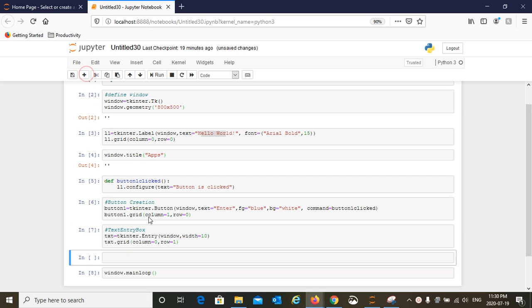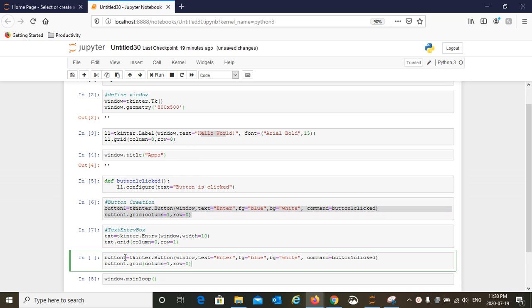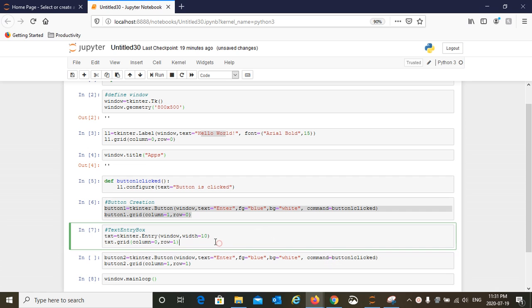Okay, let's do one thing. Let's create another button. Okay, we already know how to create button. So we're going to create button 2, and this time this button 2 is going to be on column 1 and row 1. Okay, so far so good. And remember this command. This time we're not going to call the same command.